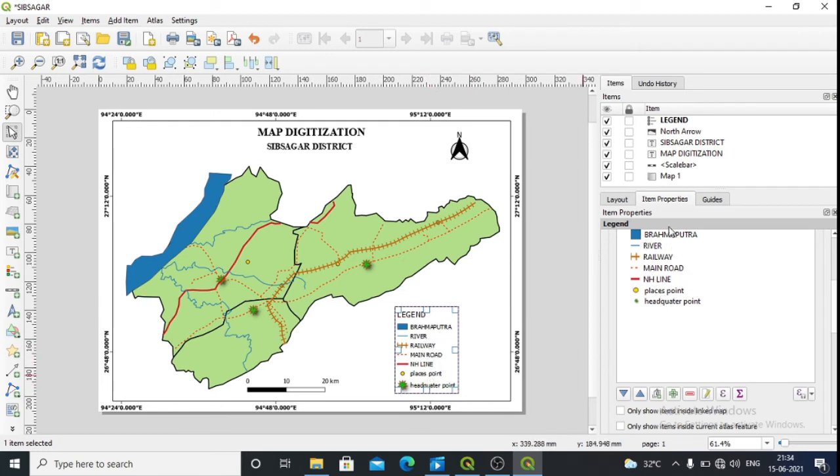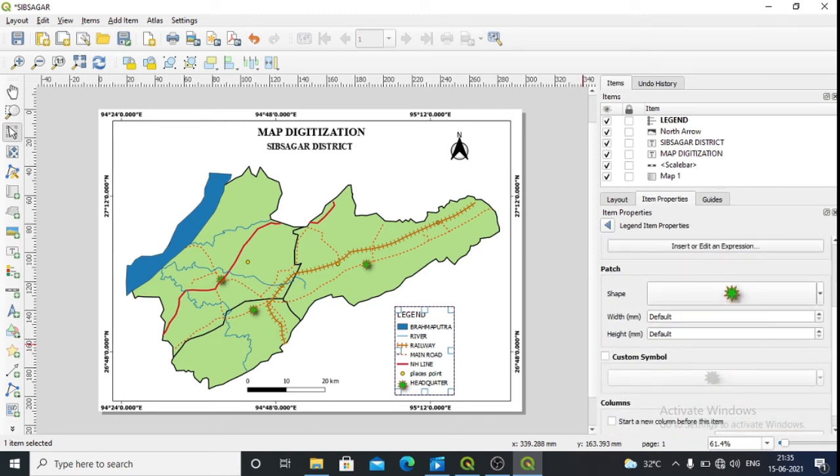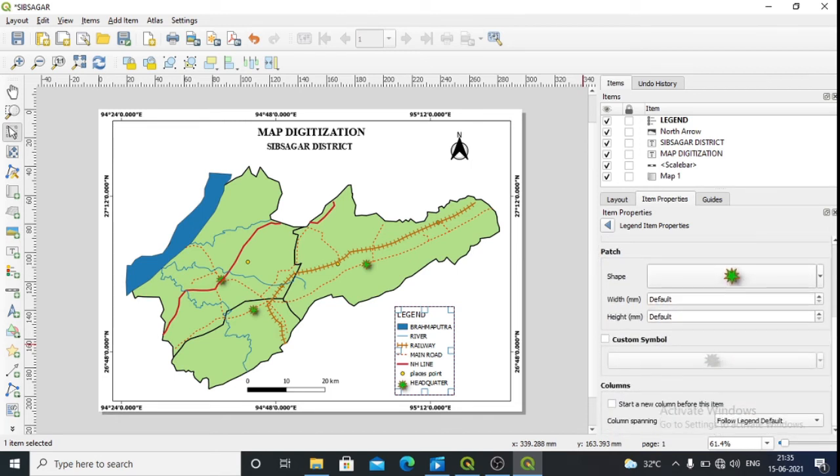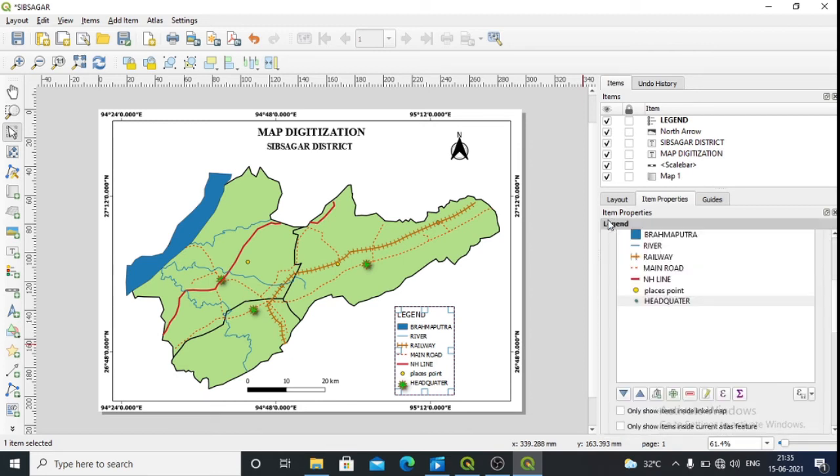So this we already have. If you want to change the name, suppose you want to change it to headquarter, you just mention headquarter, done. Then back.